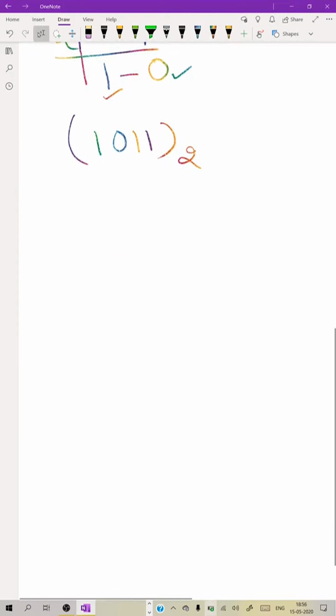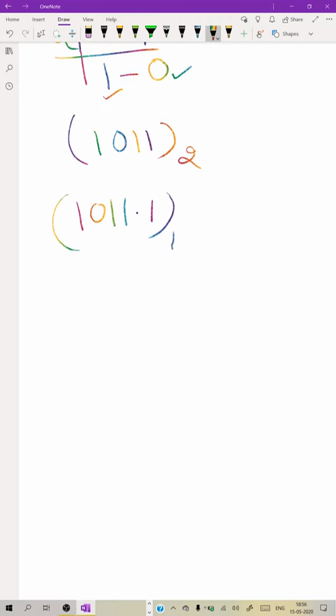My value is binary with a fractional part, so how can you convert it? For example, my same value is 1 0 1 1.1, and its base is not 10, this base is 2